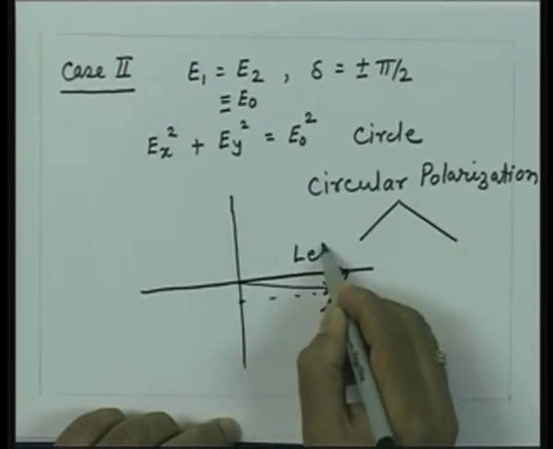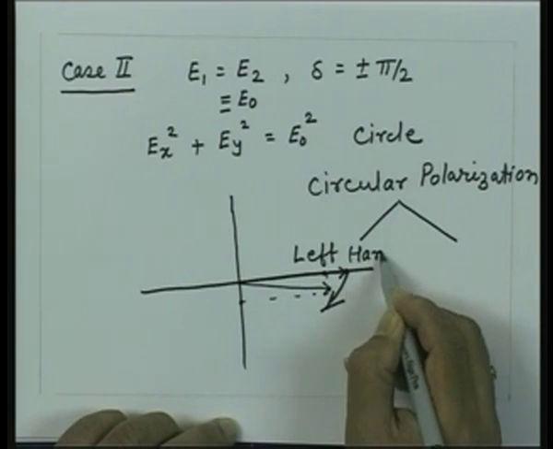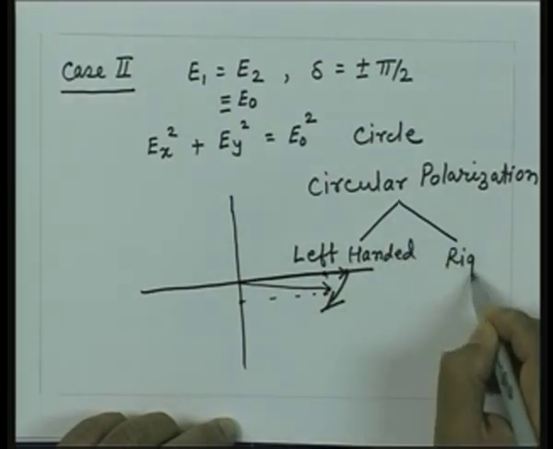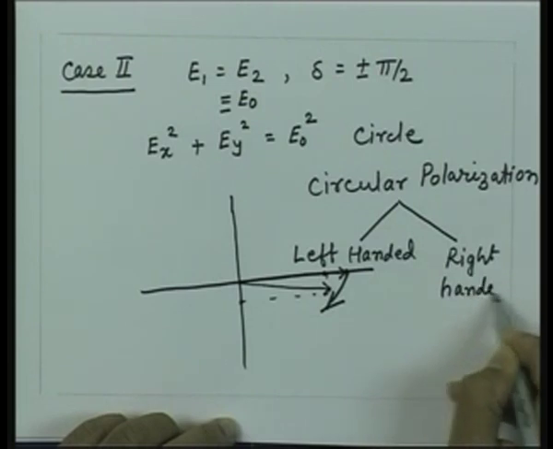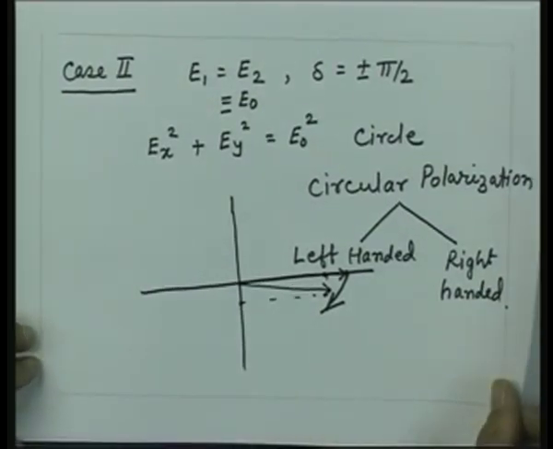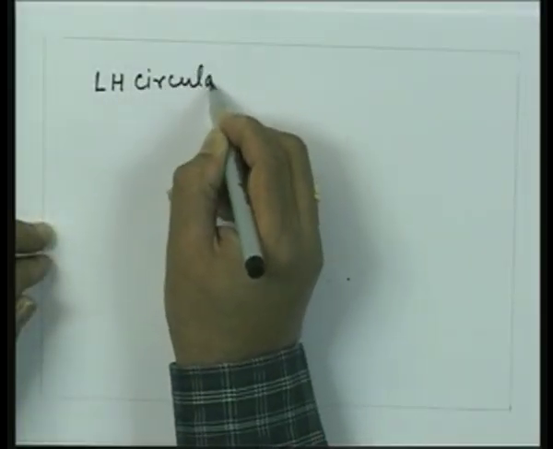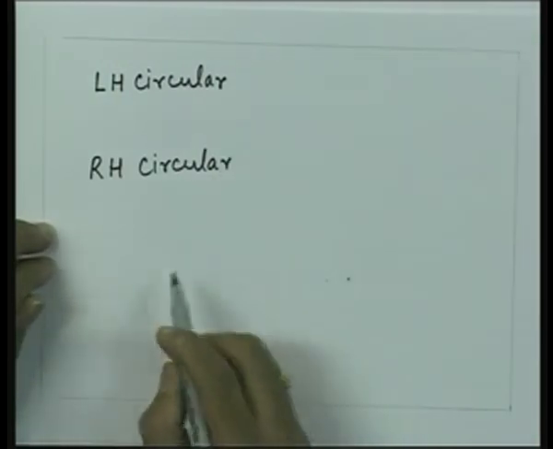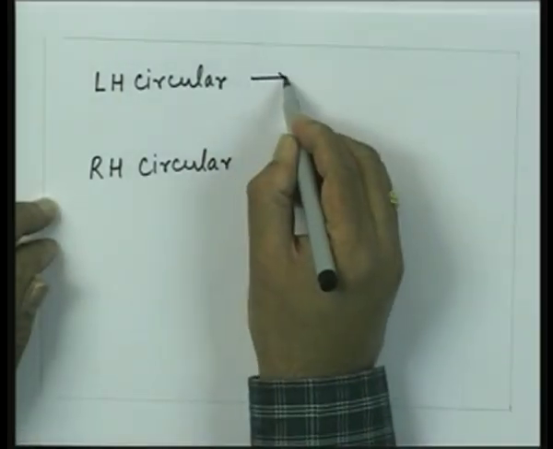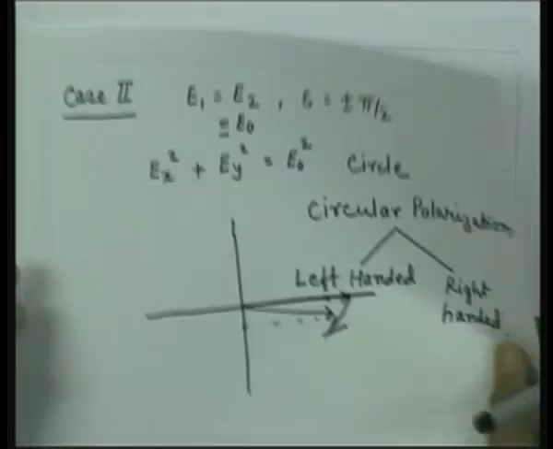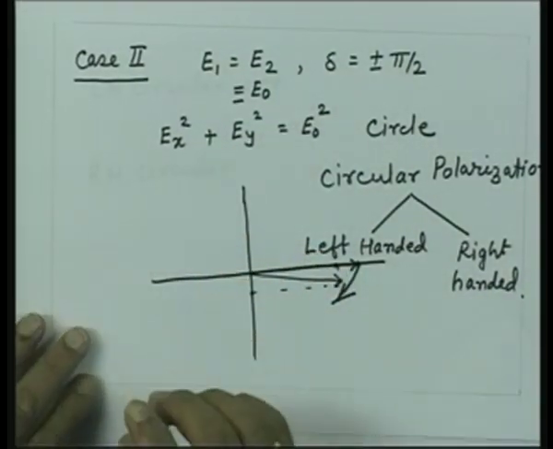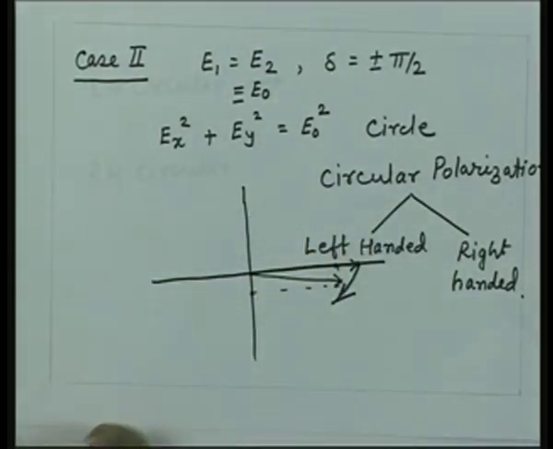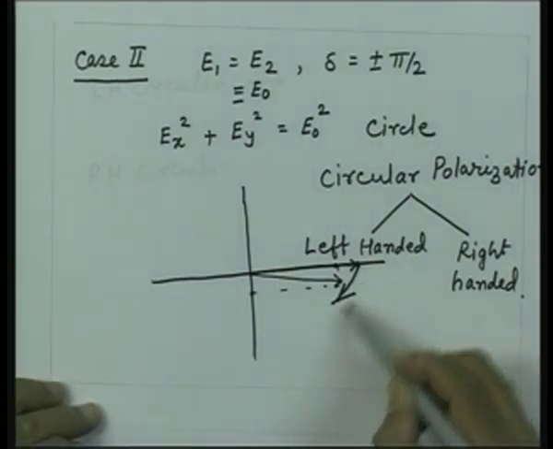So, we have two possibilities here: left handed and right handed. So, a general circular polarization, we have LH circular, we have RH circular, and for this the condition is that now if the wave is receding, so that means the wave is coming like that. So, first I orient myself so that I look in this direction. If I do that, then this rotation will be towards my left hand,